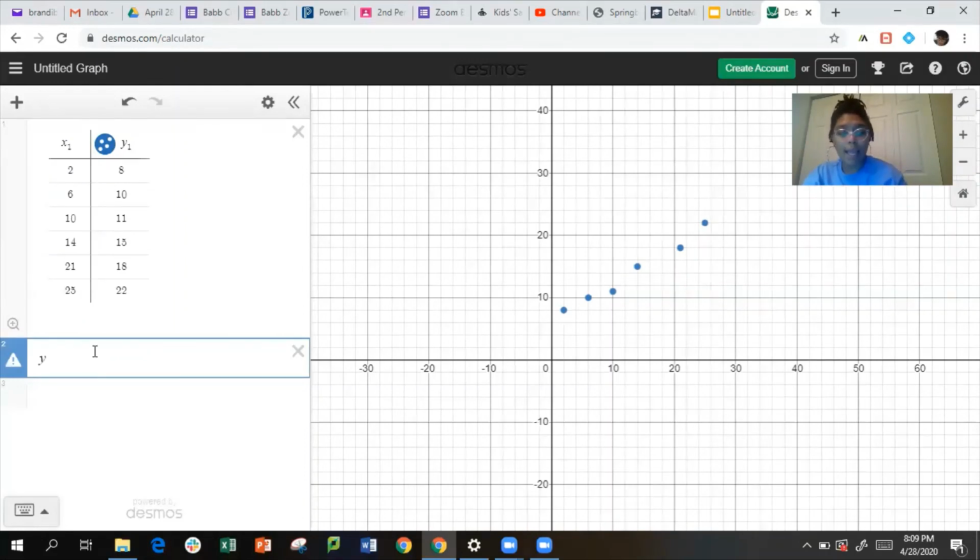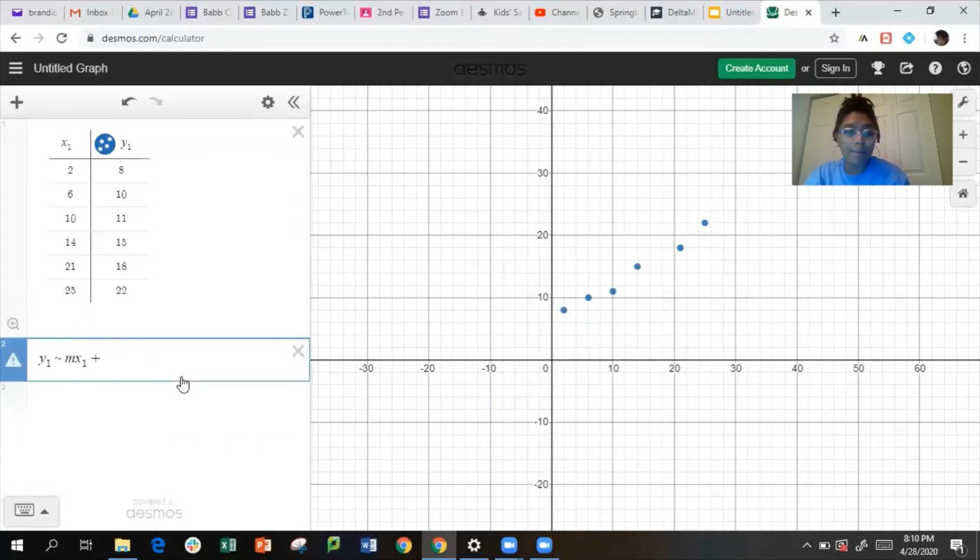So I'm going to do y and shift in the little squiggly line, which is approximately equal to m y1, I'm sorry. The reason I'm doing y1 or y sub 1 is because that's what is here. If it were y sub 2 here, I would have put y sub 2 here. All right, m x sub 1,